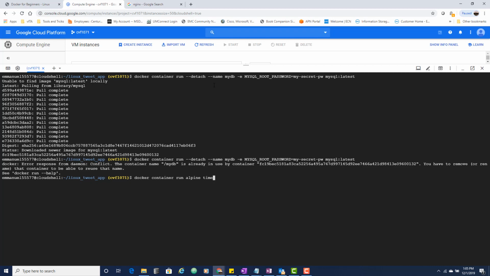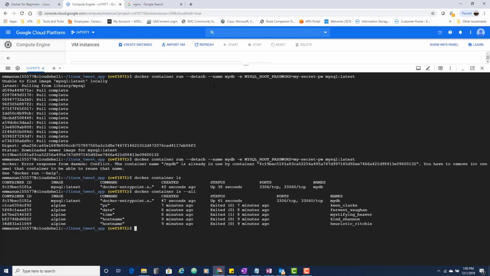I'll come over here and just say ls if I want to see both the ones that are running and the ones that have exited. I can type this one this way, and you can see all of this already exited except this last one,